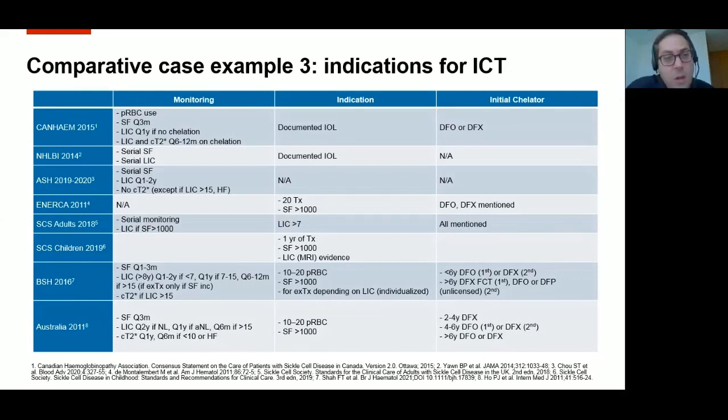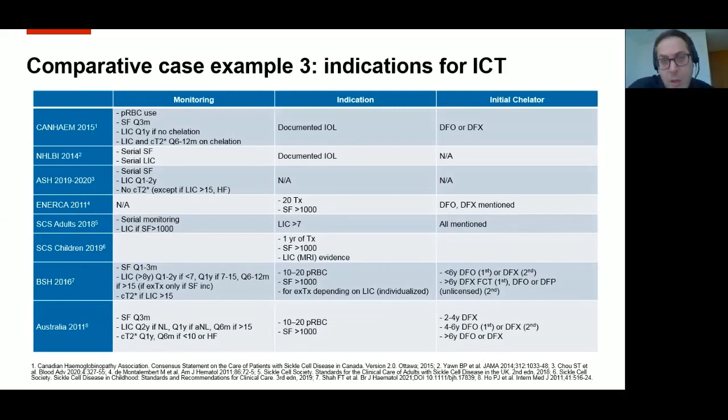Maybe in ASH there is a recommendation that it is done every 1 to 2 years, but for cardiac T2 star, for example, to be only done if LIC is high, and the same recommendation is made by the British Society of Hematology. While, for example, the Canadian guidelines recommend regular use of LIC and cardiac T2 star when patients are on chelation, while in some others, like the Sickle Cell Society, the LIC is only indicated, for example, if